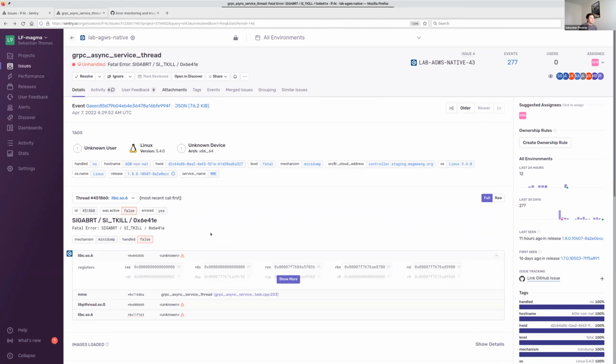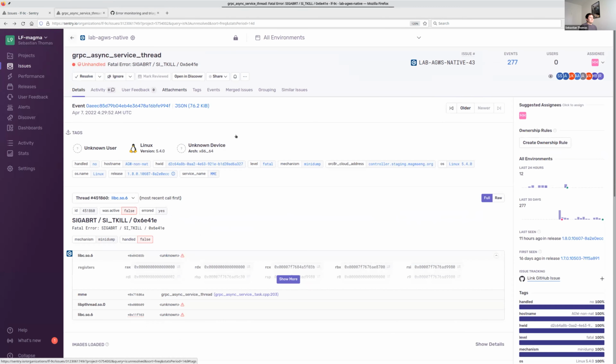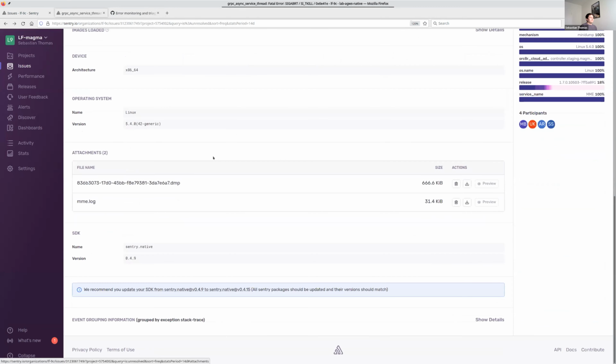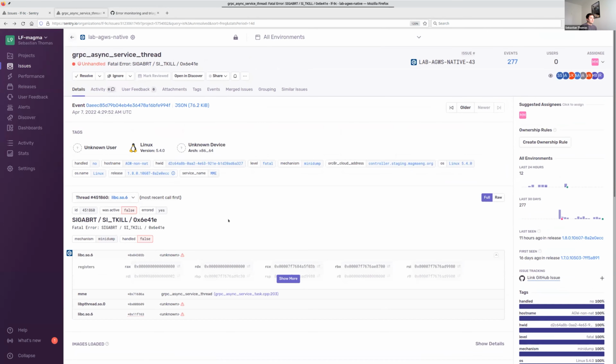And this allows you to run a debugger and to debug these traces and look at the error in much more detail. It's also explained on this page how to do that with LLDB. And maybe that's all about C++. Oh, one more thing is that it also uploads MME logs. And if you configure it on your gateway, it can also upload all Magma service logs. That's useful to do debugging for these errors.